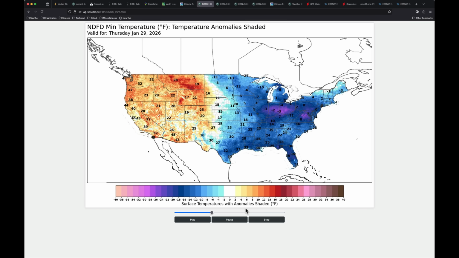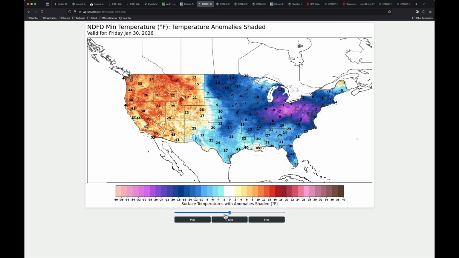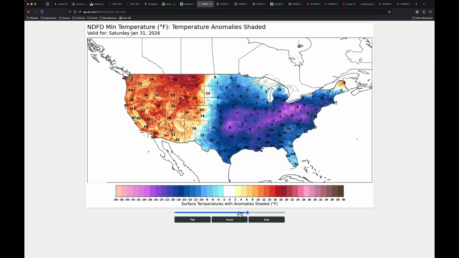We talked about some of the heaviest snow falling there, and that continues on Thursday. Temperatures are amplifying, warming in the western U.S., and you can presume the flow is going to be coming down like this out of the jet stream, given that west-east split across the continental U.S. If I take this into Friday, temperatures maybe even bottom out further across the eastern Corn Belt and the mid-Atlantic. Saturday, much cooler now across that same stretch of area where we talked about that snow swath having that direct impact on the temperatures here. Not a lot of opportunities to melt that snow, obviously. Still warm in the west this weekend.